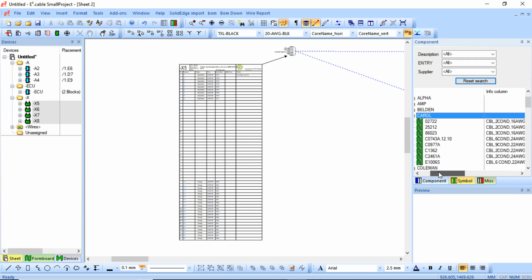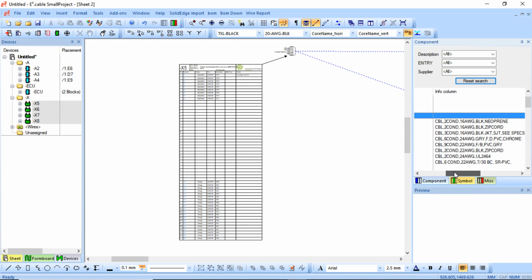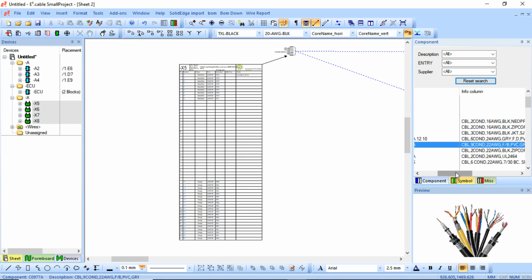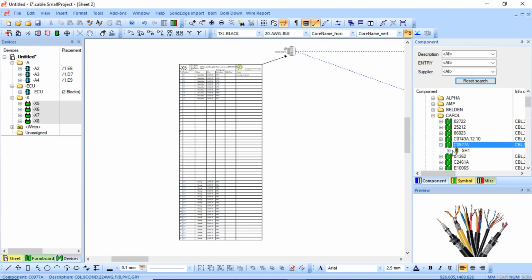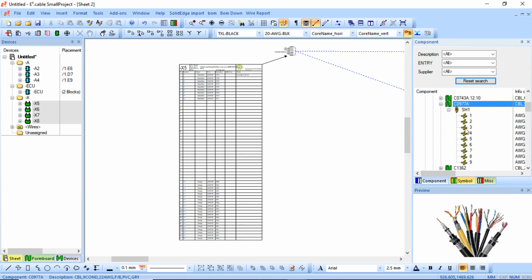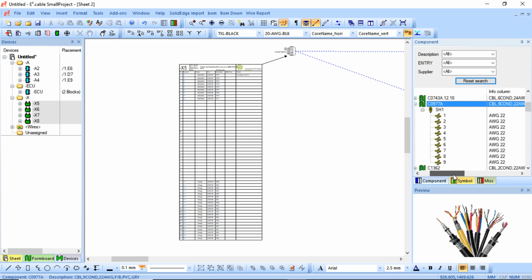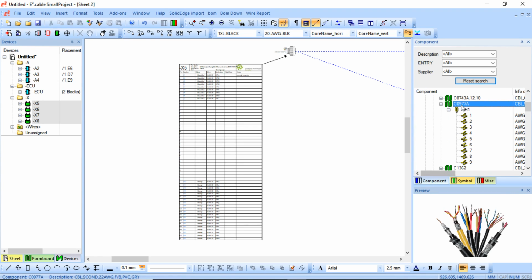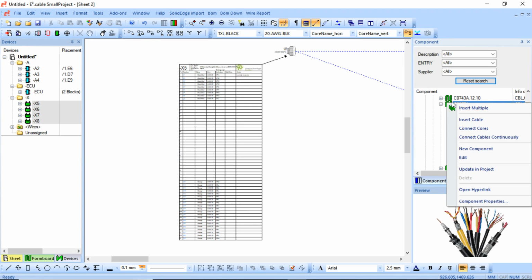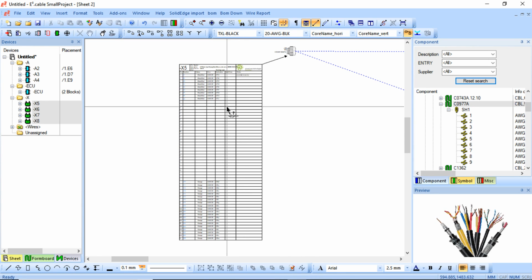So with these cables, there's a few different ones. I'm just going to choose a 22 gauge, one of these. Expand it out. You can see it's shielded and it's got 9 cores. So quite simply, if I just bring the cable over, I can go from a particular row, but at the same time, if I just want to fill up,